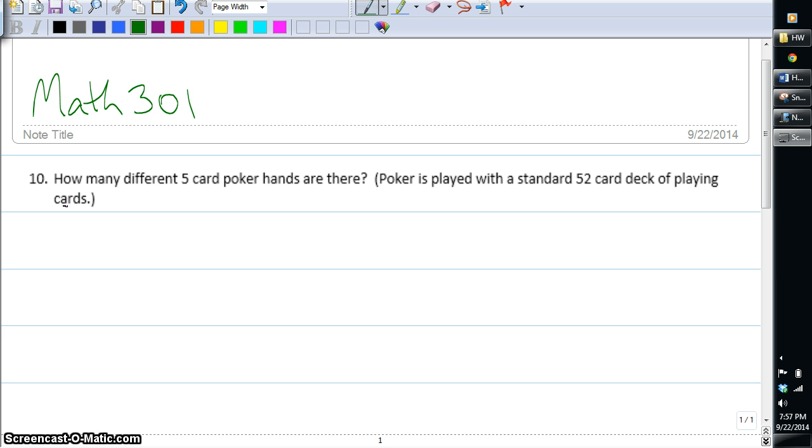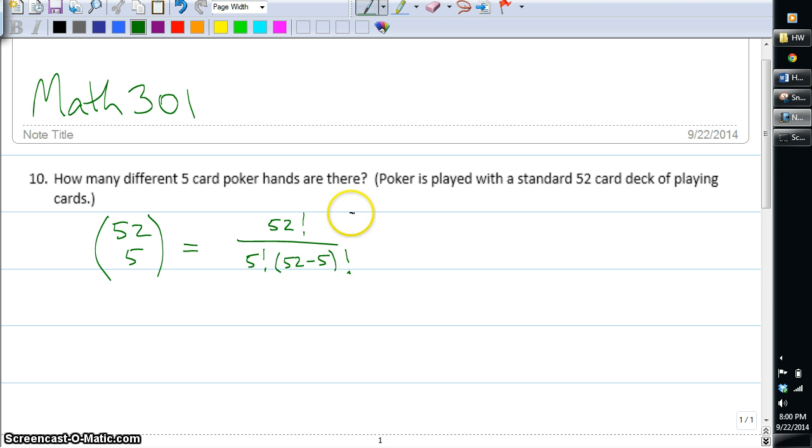And the quick and sort of direct answer to this is to simply observe that a deck of playing cards has 52 distinct objects in it, and we're asking how many different ways there are of choosing five of those objects out of the deck. And so counting the number of ways of choosing five of 52 items would be 52 choose five,